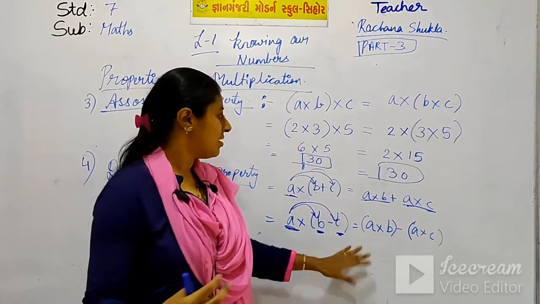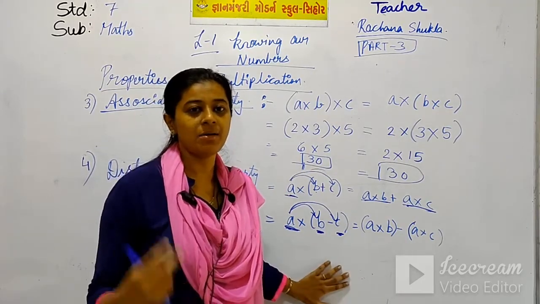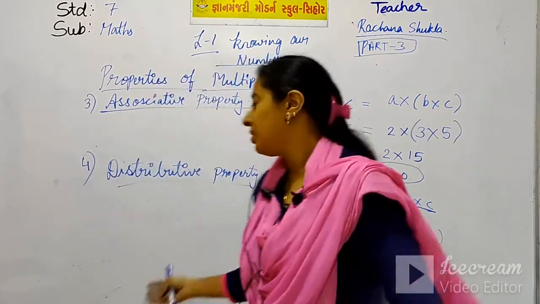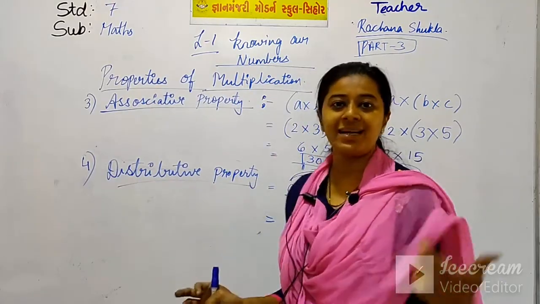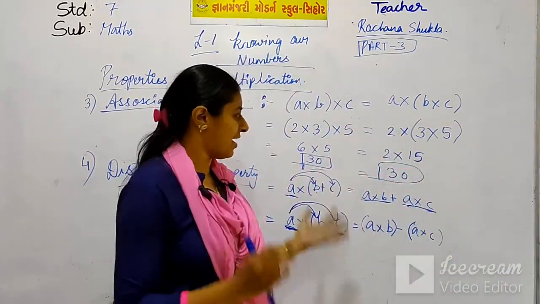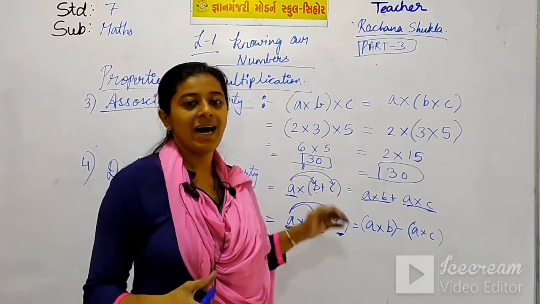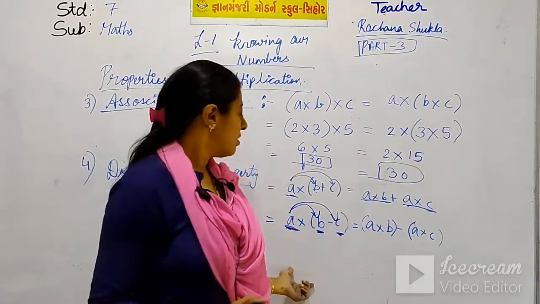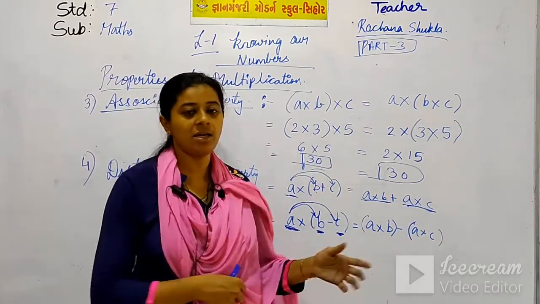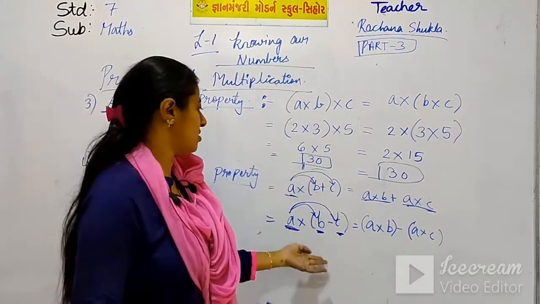So students, this was the easy method, my formula of learning the distributive property of mother and two children. It will be very easy for you to solve the sums by this method. I will teach you the sums after you finish writing this in your fair book. So write this in your fair book.